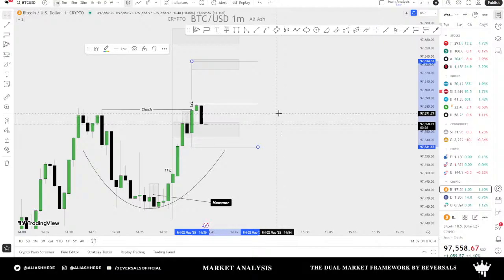Whenever you're using trend following line and trend following candle, you have to keep in consideration that the central zone is a very major concept when it comes to trend following, and I'll be explaining this in detail later on. The central zone concept is a must to consider when it comes to trading.